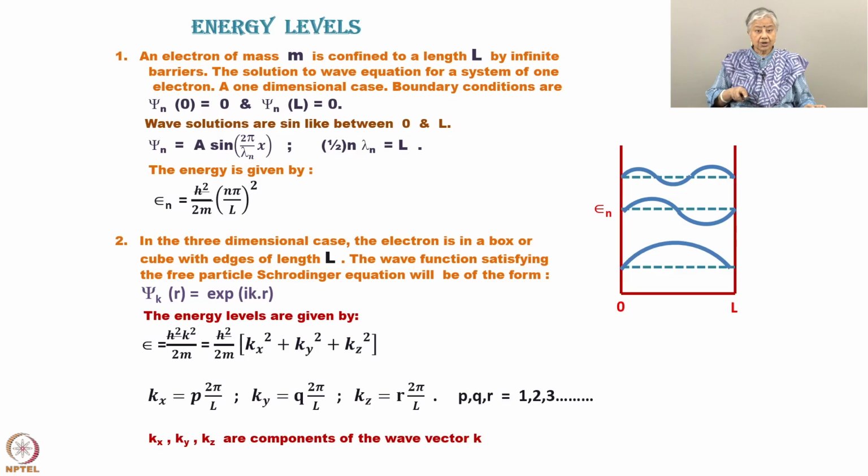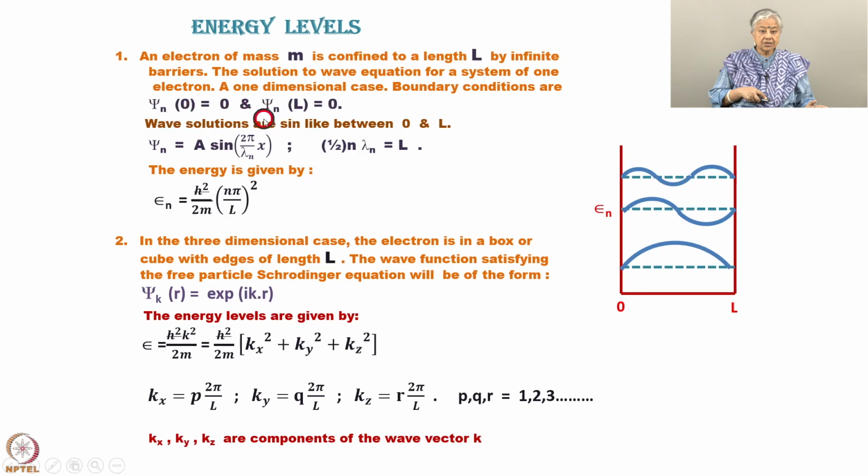So, I have to describe the energy levels. How do I get to these energy levels? An electron of mass m is confined to a length L, and there is an infinite barrier. And the solution to the wave equation for a system of one electron, I have just taken a one dimensional case now. The boundary conditions are given by psi n 0 is equal to 0, and